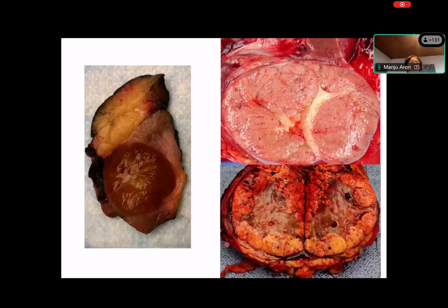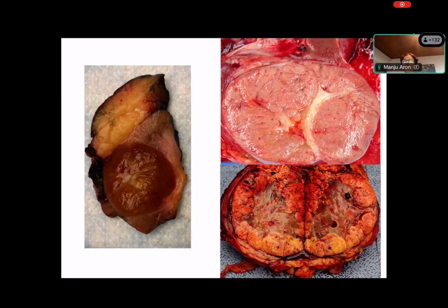Now, with respect to scarring and hyalinization, it's not very specific, but you kind of see it in certain areas. For example, in this oncocytoma, you can see kind of central scarring. This is a pale tumor, so this is actually a chromophobe RCC. Sometimes you can see central scarring even in this chromophobe RCC, but usually for a multiple choice question, if you have oncocytoma and chromophobe, you want to pick oncocytoma as the tumor which shows a central stellate scar, which is also seen on radiology and CT images.